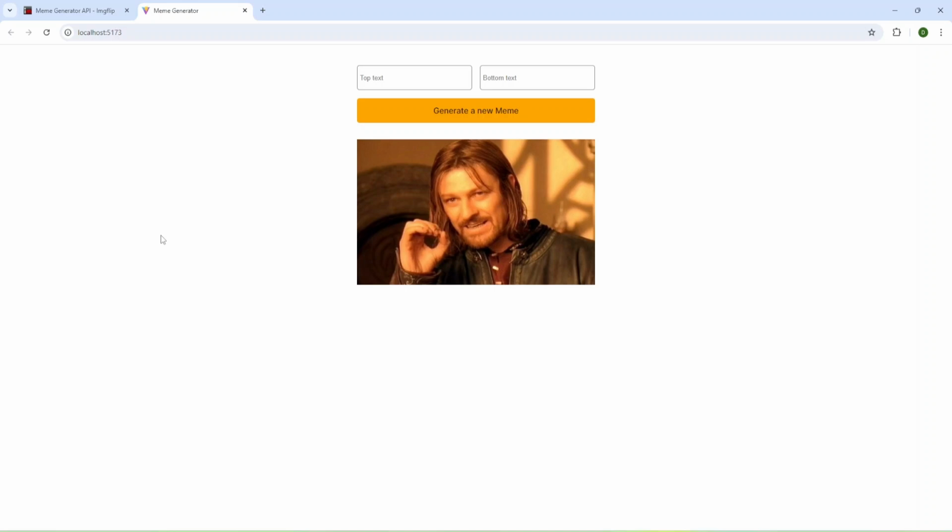Hi everyone, today I'm going to implement a meme generator in React.js. Let's take a look at the design. As you can see, we have two inputs, a button and an image. So I can add some text like top text and also can add bottom text. And when I'm typing, the text is displaying on the image. Let's go to the code and build our application.